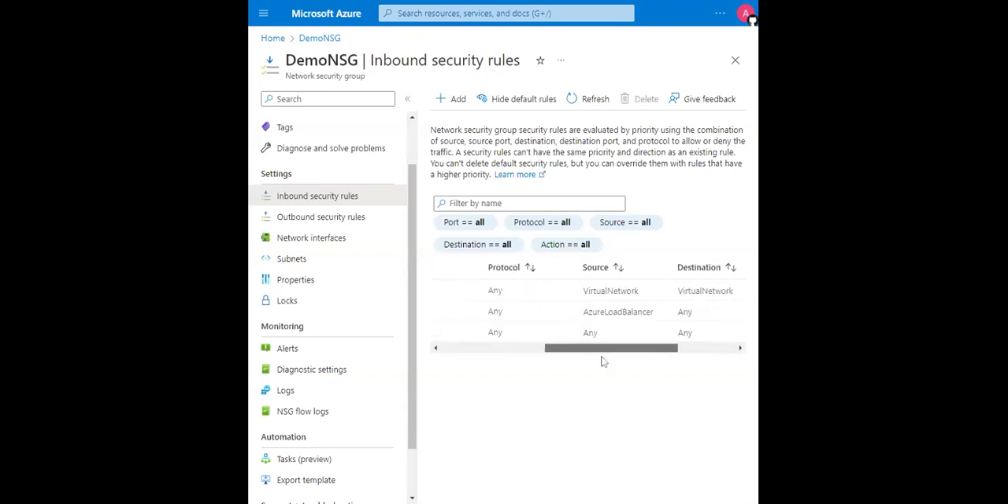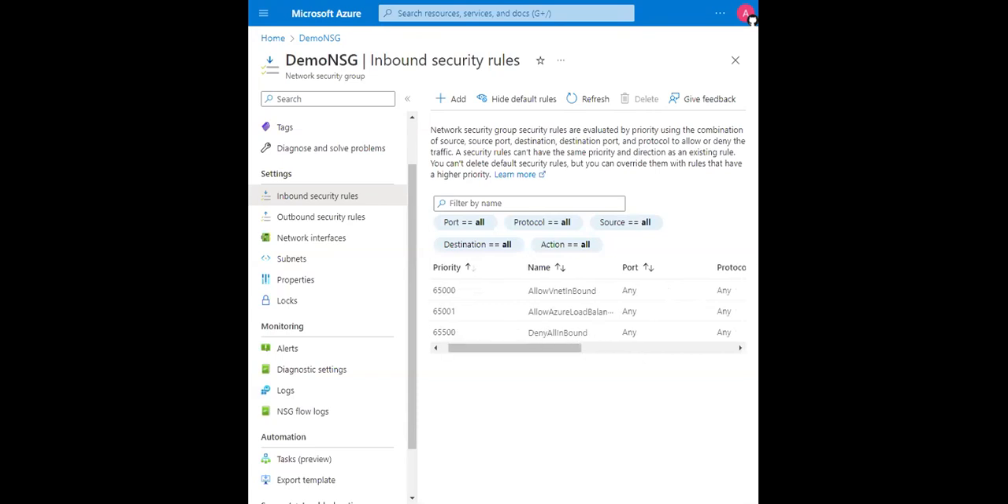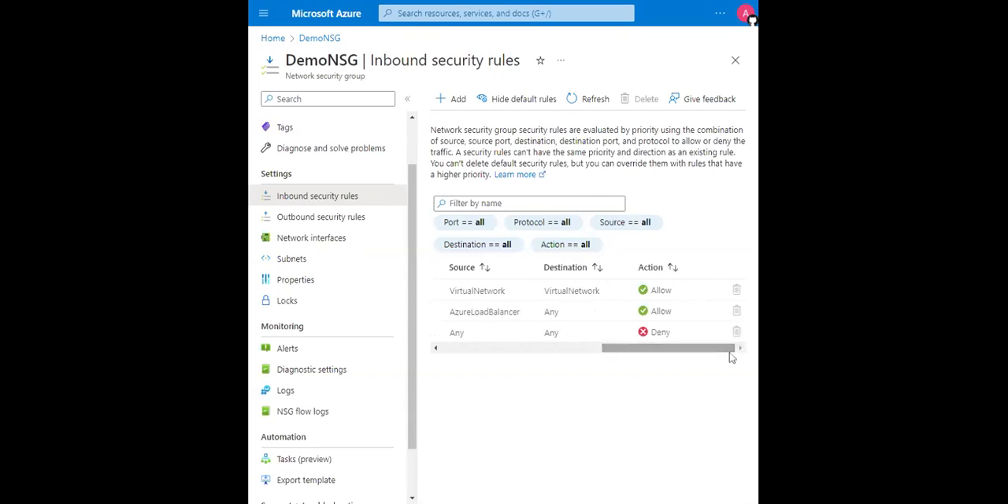As you can see, this one has been given a deny action. So with this rule that is created now, any inbound connection that is being tried to be made to this network group will be denied. The only ones that are allowed are the Azure load balancer, because it is Azure itself, and